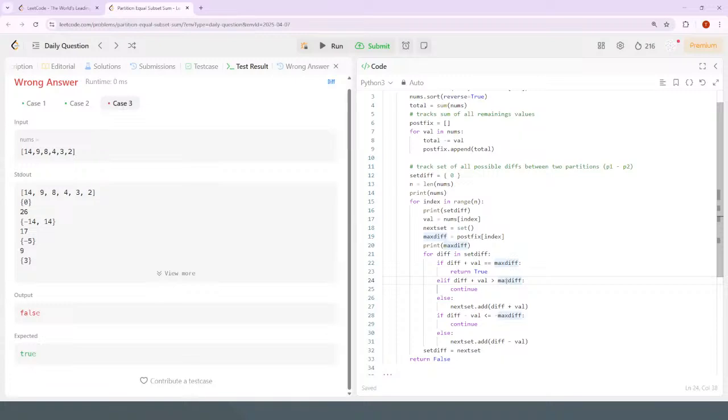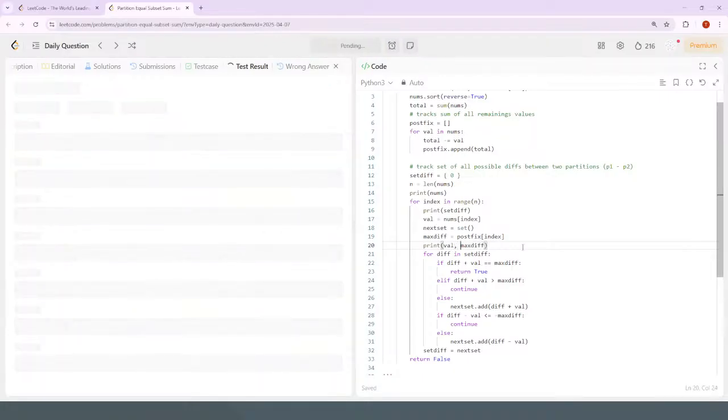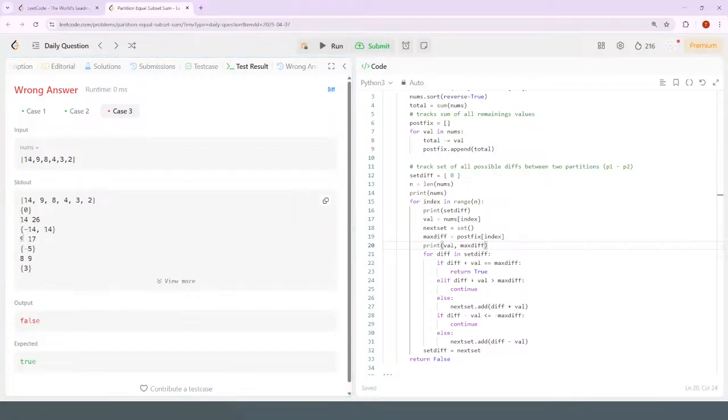So I can't add difference. So the difference is negative 14, for instance, negative 14 plus 9. So let's print out the value and the maximum difference. Alright, so the value here is 9, the maximum difference is 17. So with negative 14, I should be able to add 9. Negative 14 plus 9 is